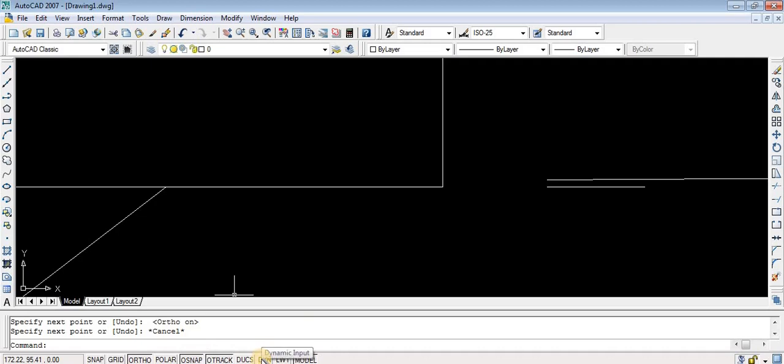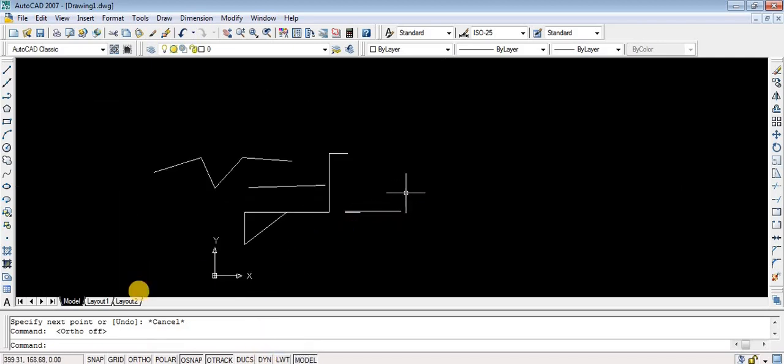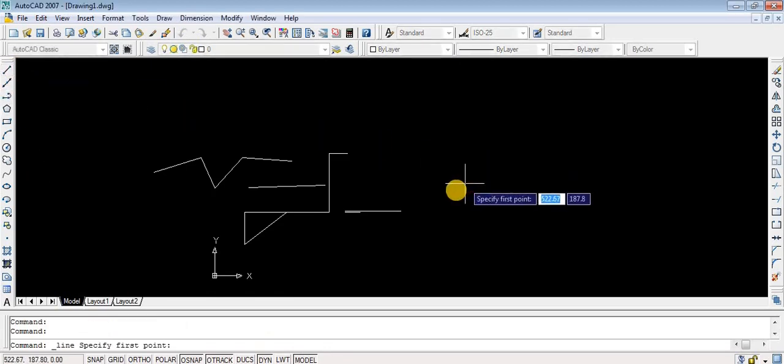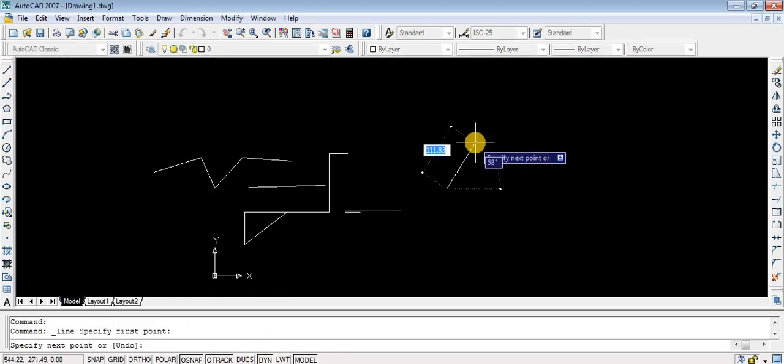Similarly, if you want to give inputs dynamically, you have to turn on this dynamic input. Suppose I want to draw some resistor diagram and dynamically I want to give some values. So the dynamic function is turned on. A line. Okay, now I am drawing a line. So it is showing two boxes. This is magnitude, this is angle. If you press the tab button, they will be interchangeably selected.